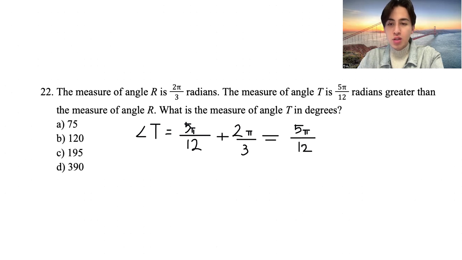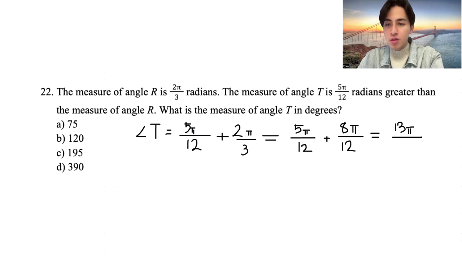To get 12, we have to multiply 3 by 4. So 2 pi times 4 is 8 pi. This 2 pi over 3 becomes 8 pi over 12. You want to simplify this. So 5 pi plus 8 pi gives you 13 pi